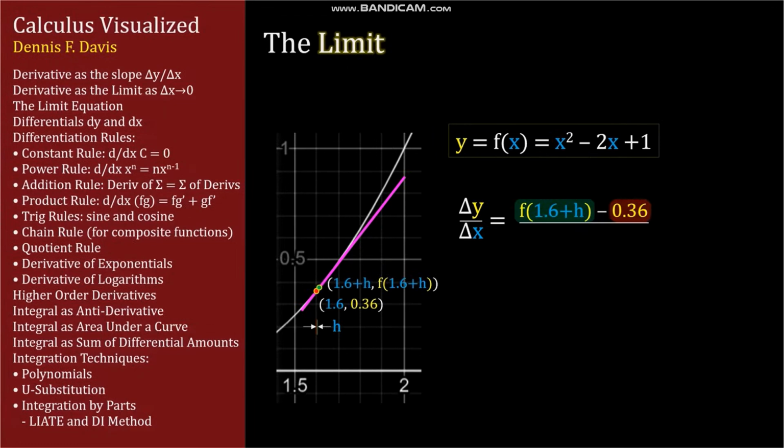I'm shading the components to the color of the corresponding point, and delta x is the x-coordinate at green, 1.6 plus h, minus the x-coordinate at red, 1.6. The denominator, delta x, looks pretty easy to simplify. 1.6 plus h minus